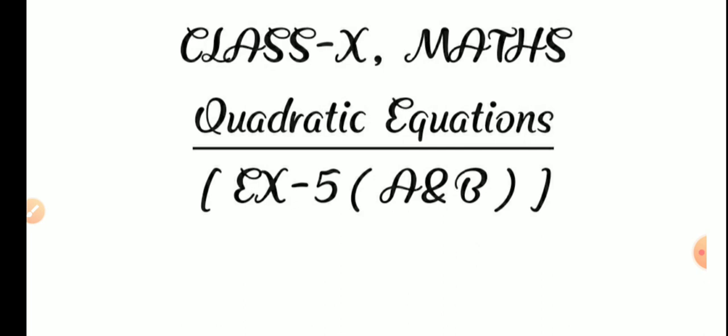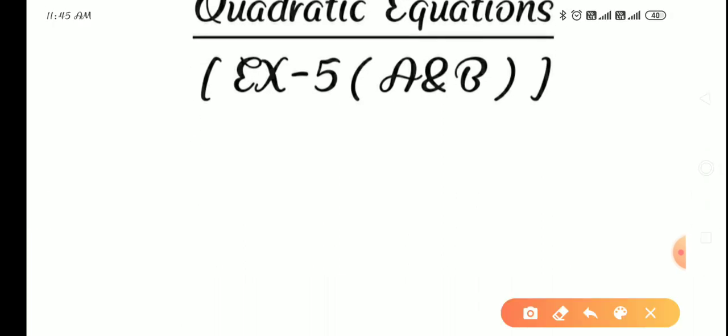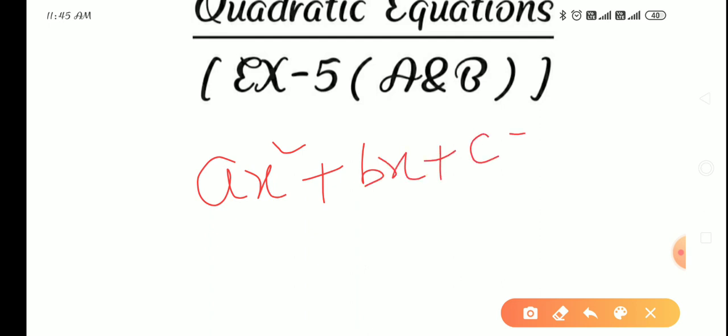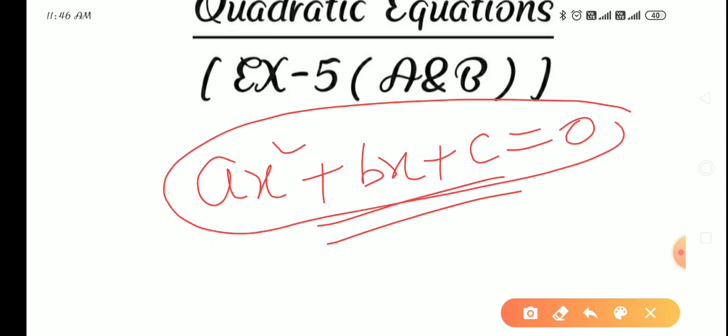Basic concept one more time I am telling to you. What is the basic concept? You see here, I told you the equation of the form ax square plus bx plus c equals 0 is called a quadratic equation because its degree is 2. It is the equation in which the highest power of the variable is 2, that is called degree. The highest power of the variable is called degree. So the degree of this equation is 2, and that's why it is a quadratic equation.